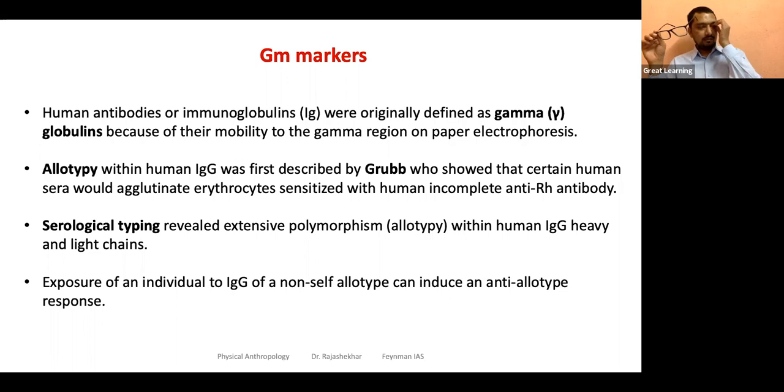Okay, but in general, even before this definition of IgG, initially scientists called them immunoglobulins, and in general they called them gamma globulins because in the electrophoresis process, like separation of those molecules, they move to a specific location called the gamma region on what is called paper electrophoresis. So experimentally, for historical reasons, it went to a region called the gamma region, and it is called gamma globulin. So we are referring to what here? Immunoglobulins. And within particularly this IgG,